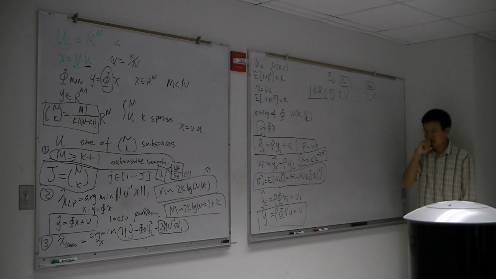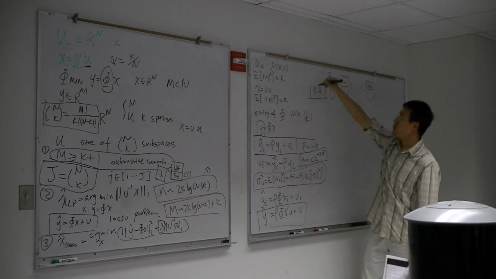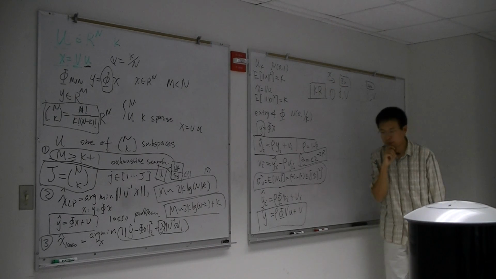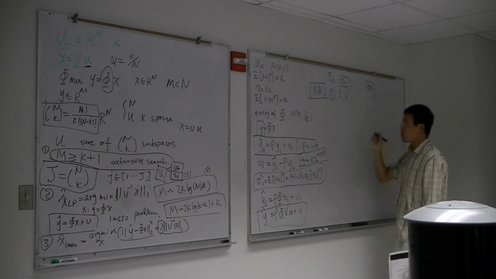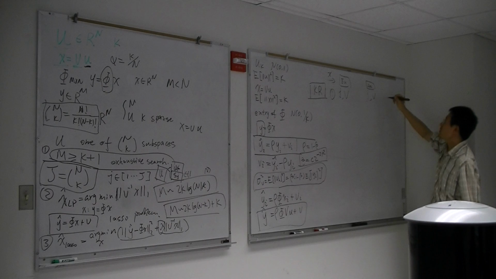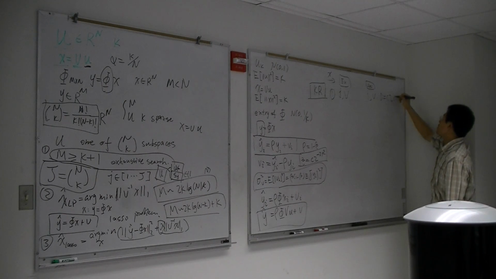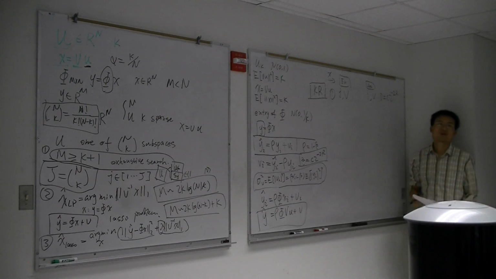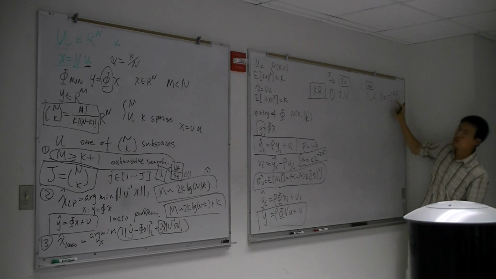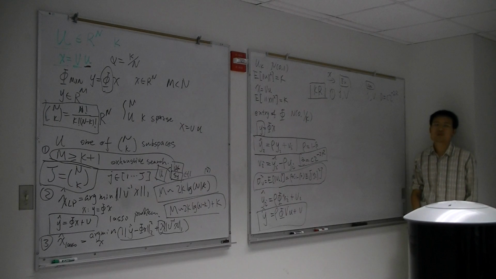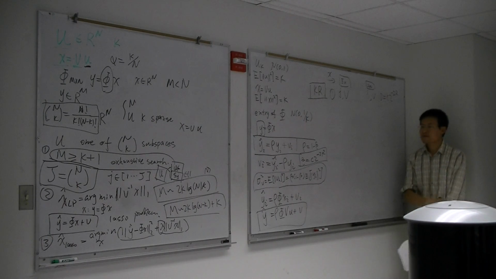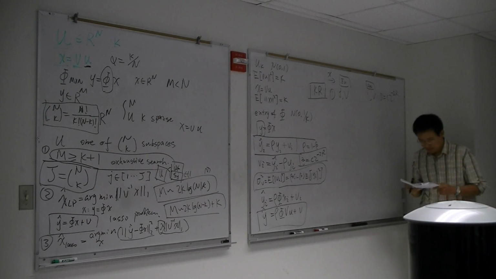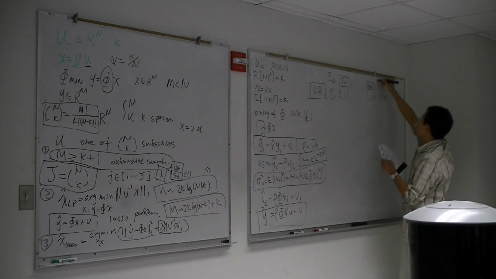So the rate, and we suppose the total amount of bits is K times R. So the rate distortion for this scenario is just equal to C times 2 to the power of minus 2 times R. Here the definition of